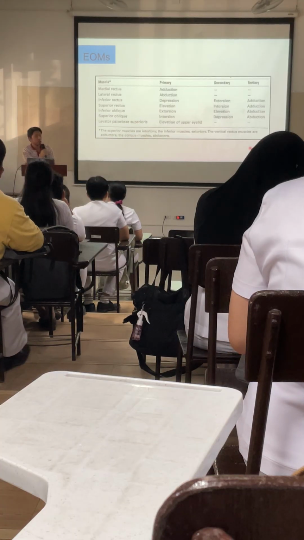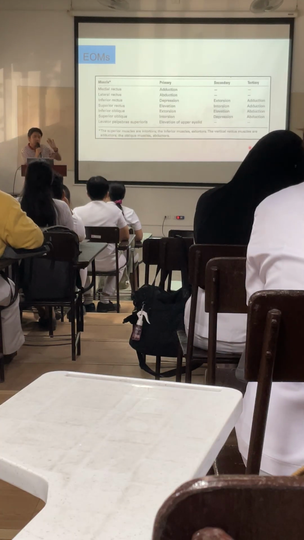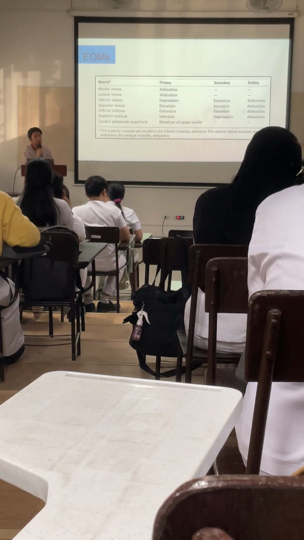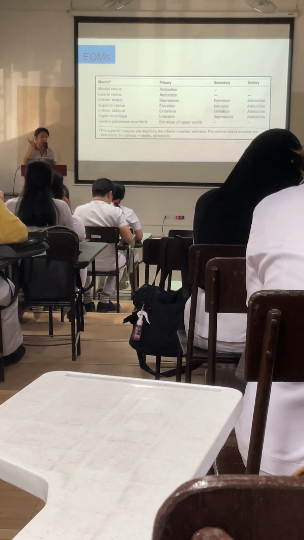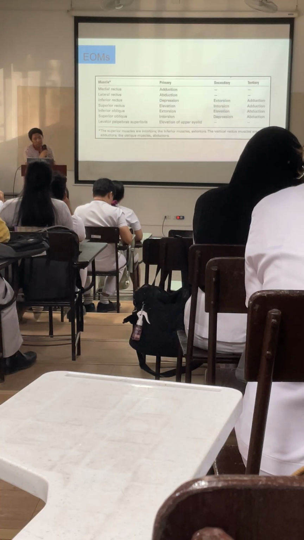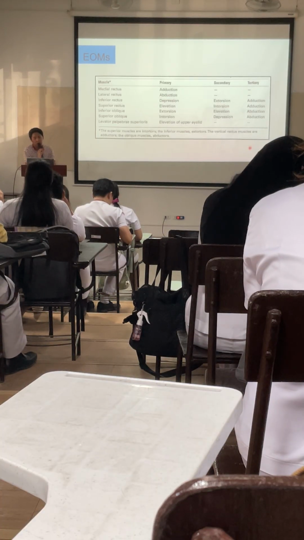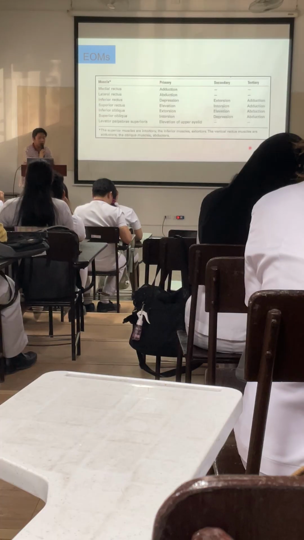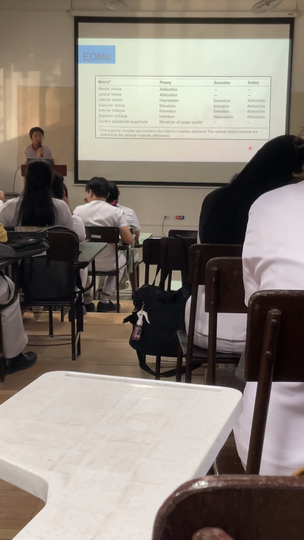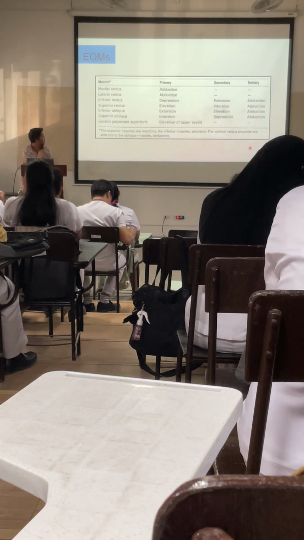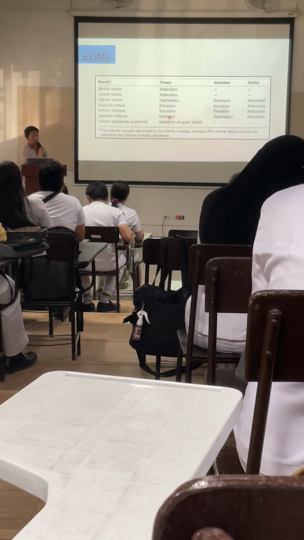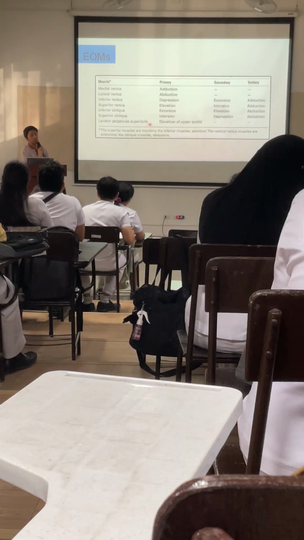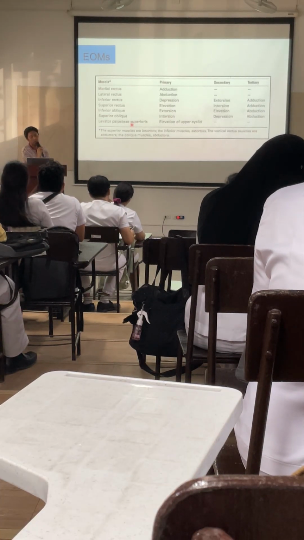So what is torsion? Torsion is just rotation of the eye. When you say extorsion, the eye is externally rotated. Intorsion, your eye rotates inwards. So if you have classmates who are good at rolling their eyeballs, then you would know which muscles are functioning. Okay, so in this table you have 1, 2, 3, 4, 5, 6, 7. So the levator palpebrae superioris also is included as your extraocular muscle.